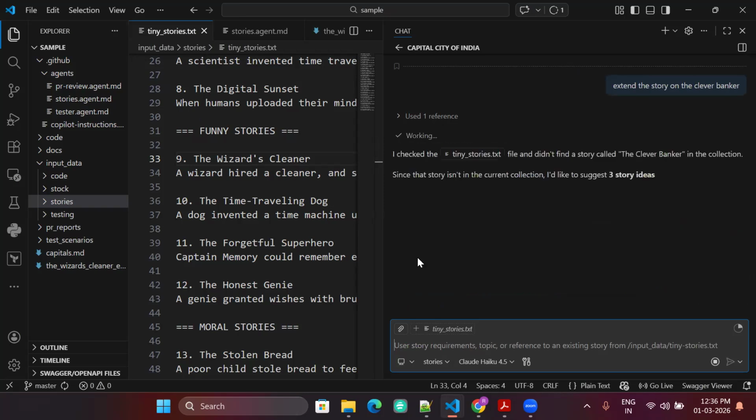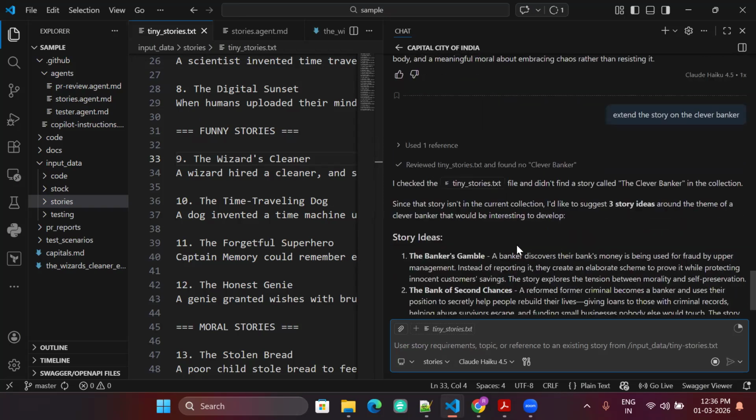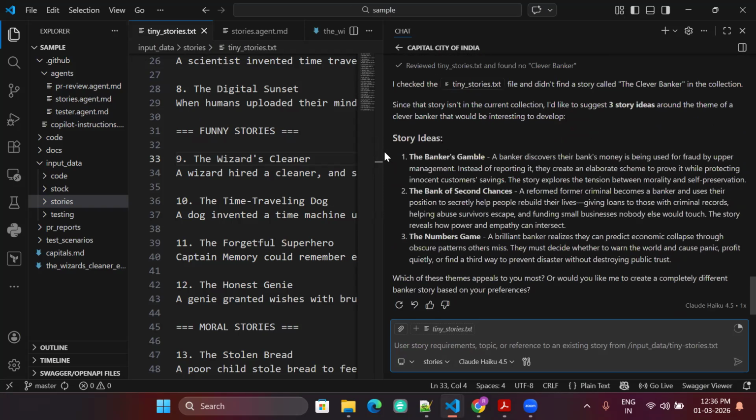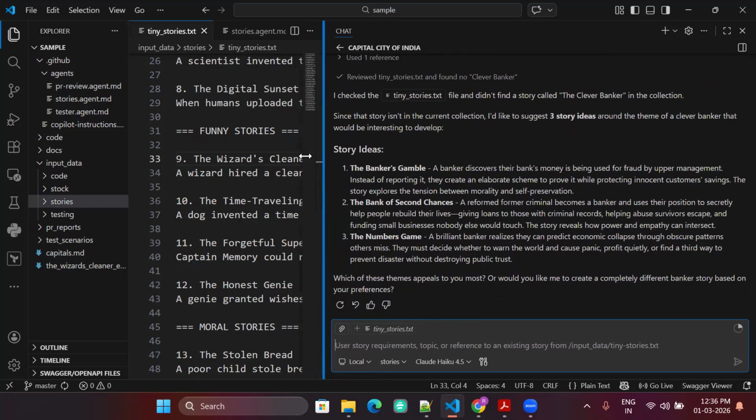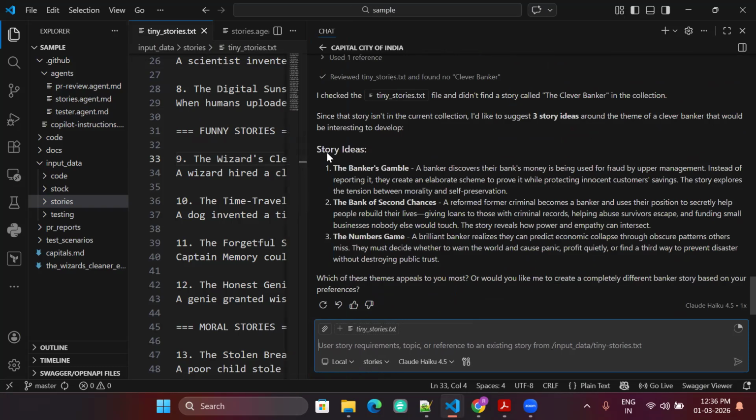And what it did, it went through all the stories and it said, I do not find any story around clever banker. It gave me three story ideas: banker's gamble, banker's second chance, the numbers game, and it also gave a little bit. And now I can ask it to extend on any one of them. It's saying which of these appeals to you.